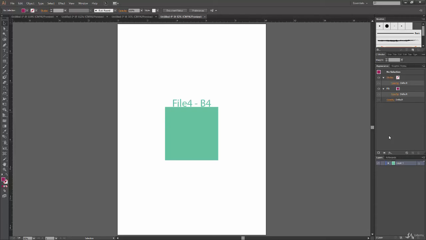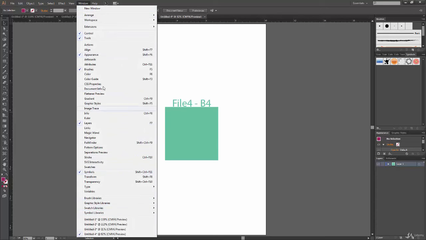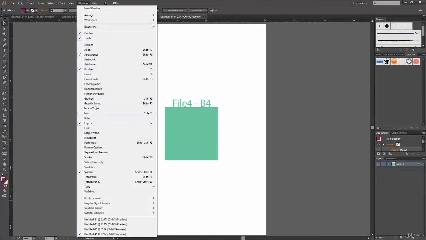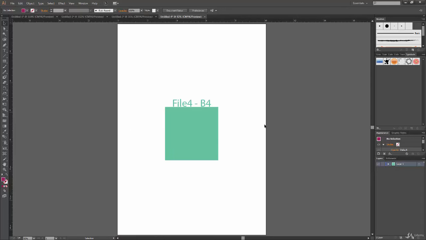And one more thing, if I have closed any panel accidentally, let's say I close the stroke panel and I want to open it again, I can get all my panels from the Window menu. If I click on Window, I get all these panels. Let's find the stroke panel: navigator, pathfinder, and there we have our stroke. The shortcut key is also available for it, Control F10. So let's say I press Control F10 on the keyboard, and there I got my panel again, and I can just drag it inside. There we go.